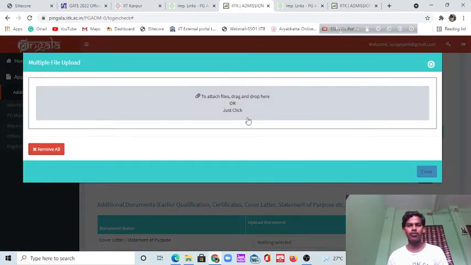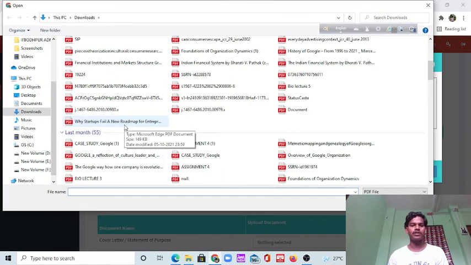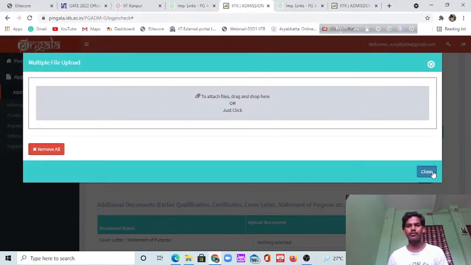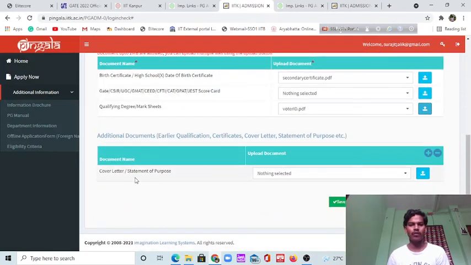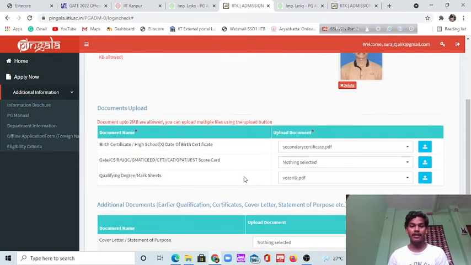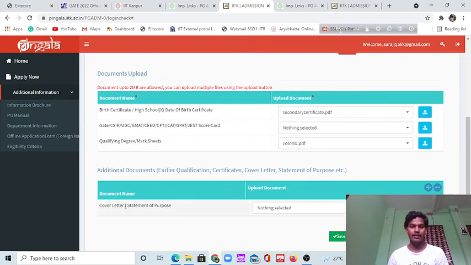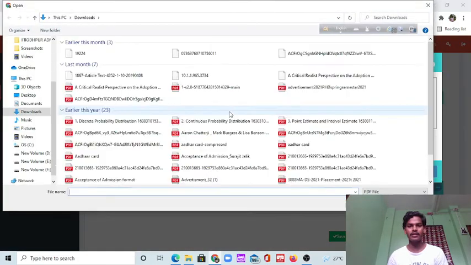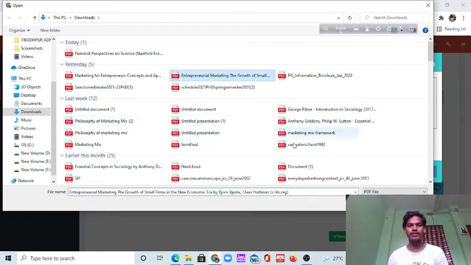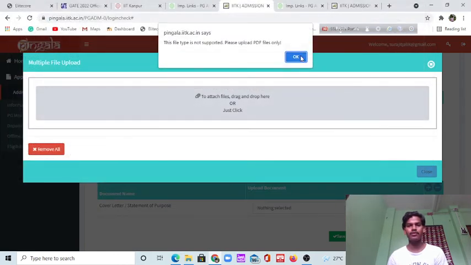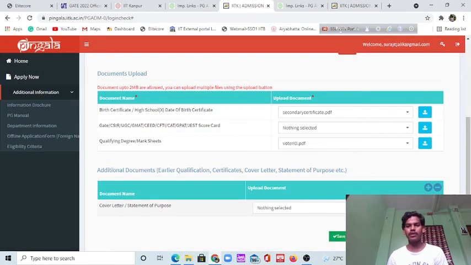And then this is your qualifying degree details. All this information is very useful and necessary. I think this information will help you a lot. And then the final cover letter or statement of purpose, this is very important. Look, statement of purpose, SOP. This is not compulsory, but if you have it as a document, you can fill this up. You have to click on this, drag this information, and then put that information. So I think all this information will help you a lot.